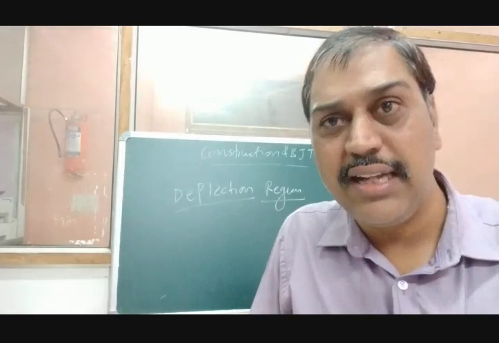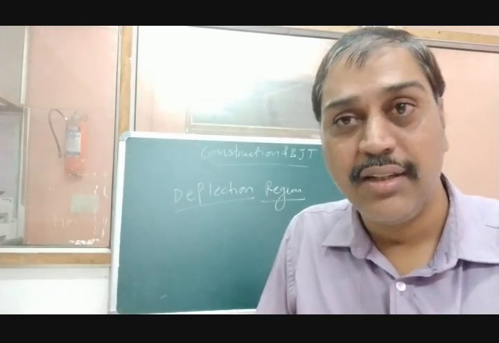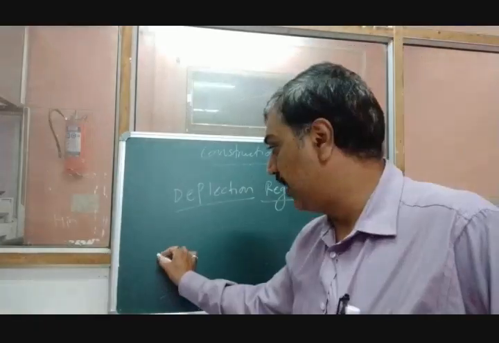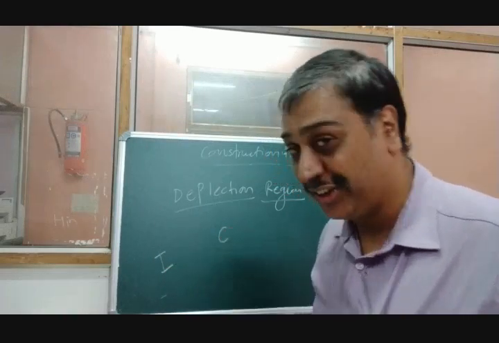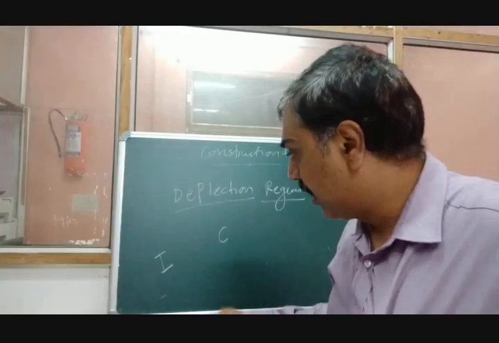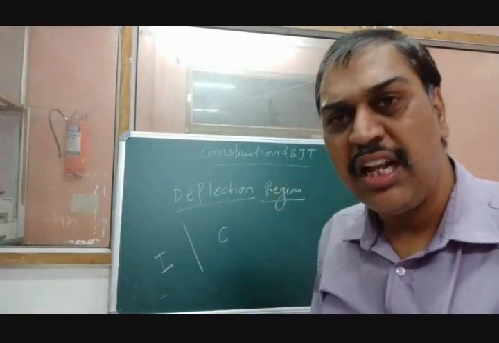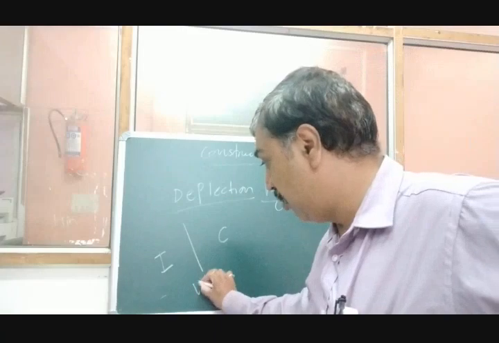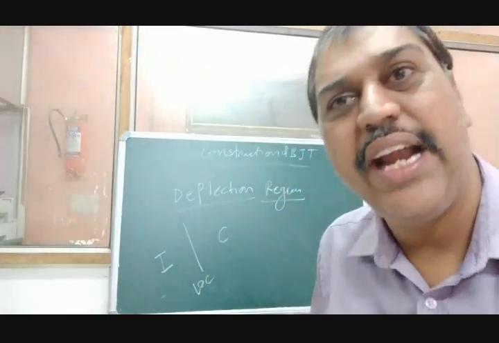Suppose there are two countries and there is a border between the two countries. Suppose here it is India, and here suppose it is China. There is a lot of war between China and India. Let's take the example of China. In between these two countries, this is a border, the line of control. It is said to be the LOC, line of control. So what will India do?